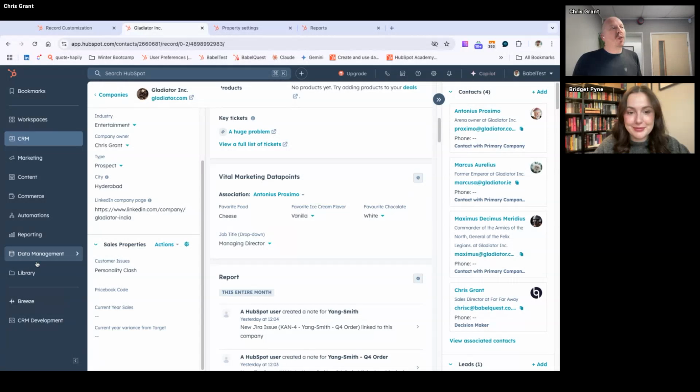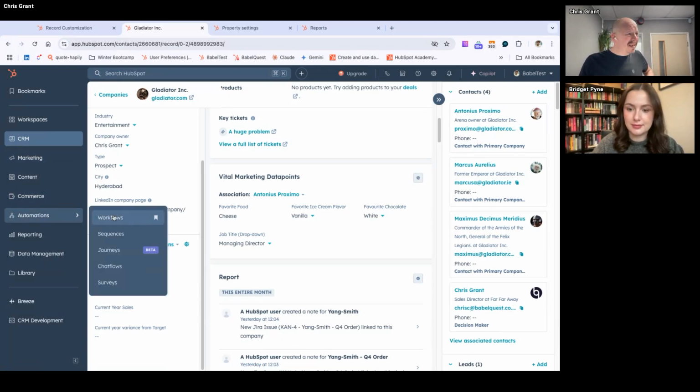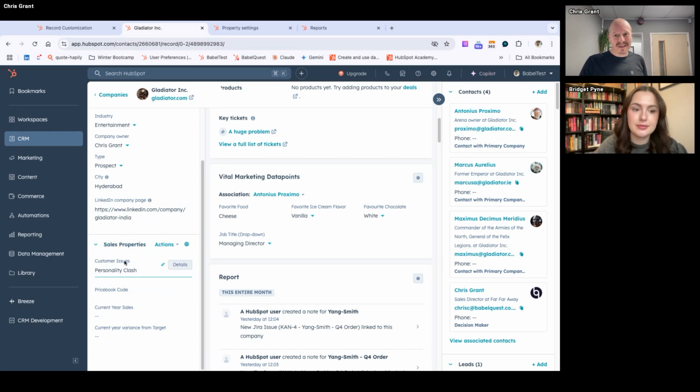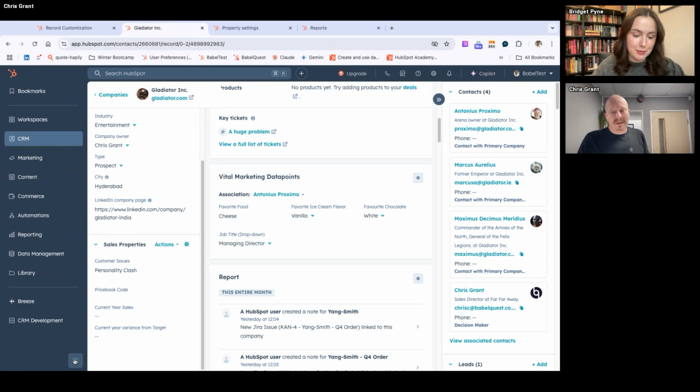Yeah, and I think when you're talking about that, there is that additional consideration of the navigation that actually we can, to a greater or lesser extent, control what people see on the navigation by permissions. And typically we'll give everyone permissions to do everything. But let's say they don't need to go near workflows or journeys or chat flows or surveys, but we want them to have sequences. Let's make sure they don't have the permissions for these things. They won't be able to see them. So that's a good tip, actually. I think the navigation can get quite confusing.